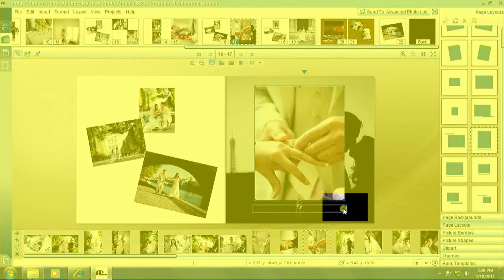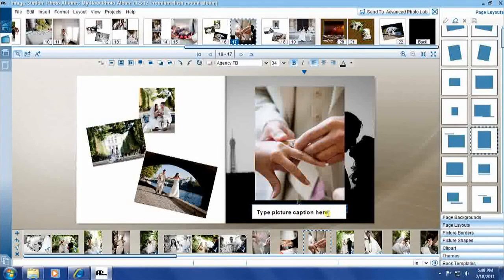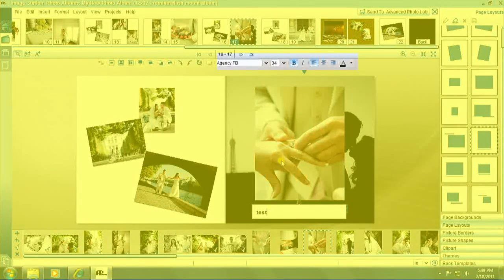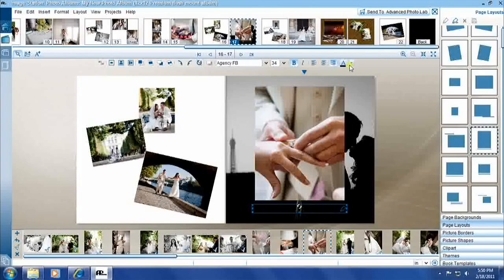Now inside the horizontal box on the right is a pen. Click on the pen and we now have the capability of writing text in the box. Because this is only a demonstration, I'll write test in the box. Now black over black, we'll change it to white to make it visible. We'll click here to center it, make it bold, italic, change the font size,